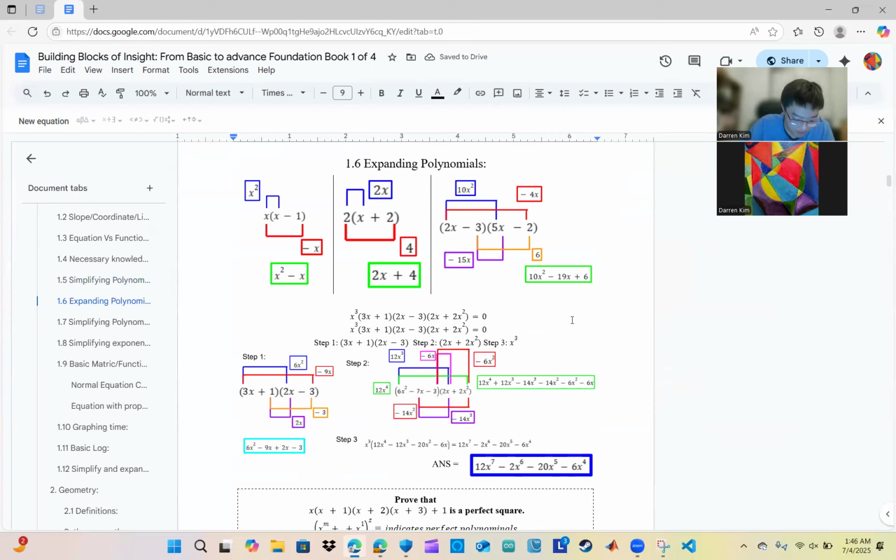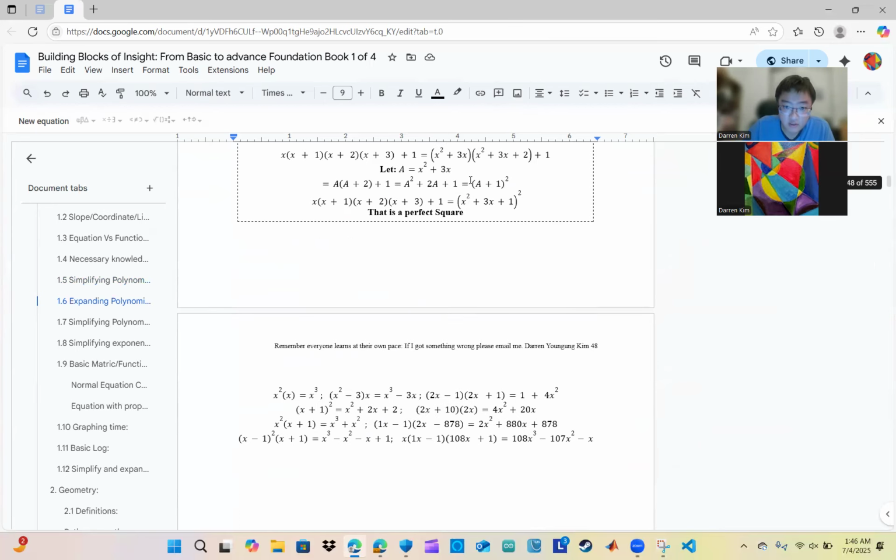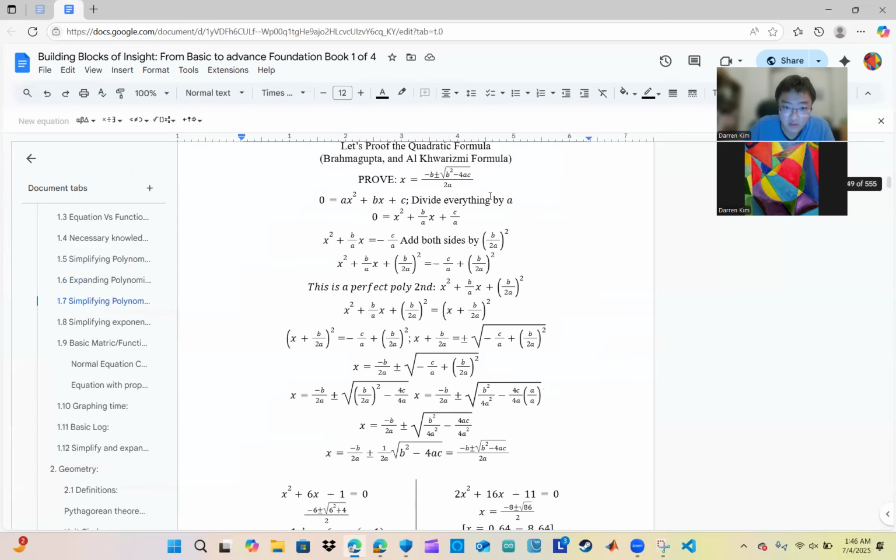Anyways, next up, more expanding, I think. Actually, I did this already, didn't I? Oh, we did. Yeah, we don't need to go back to that. Oh, proving this. Oh God, this is a pain in the ass. This proof is just a pain. I mean, I guess there's some need for it, but